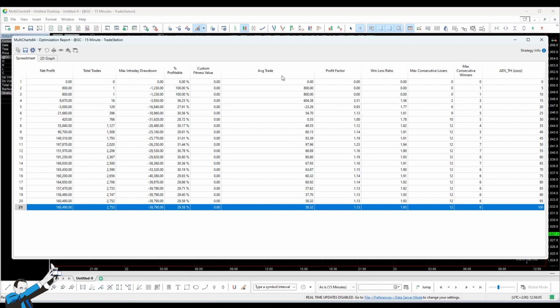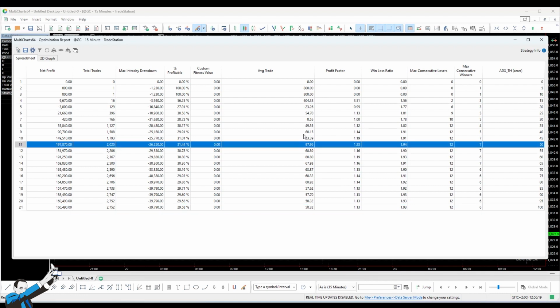Indeed, we see that both average trade and net profit increase when the value of ADX decreases. So we start at 58 and then steadily increase until we are in this range of 50 to 55. The average trade is going up. And the net profit is also increasing. In fact, in this case, we're filtering about 700 trades since we go from 2,700 to 2,000. We improve the gain, and above all, we reduce the drawdown. And this is an excellent result.